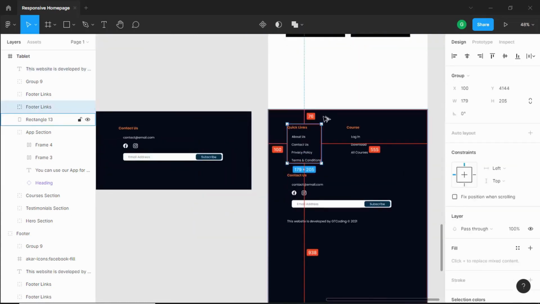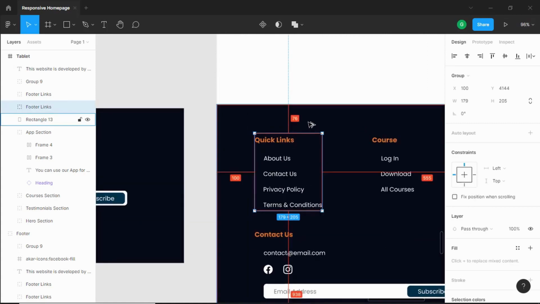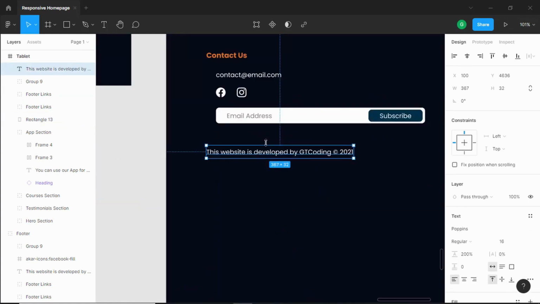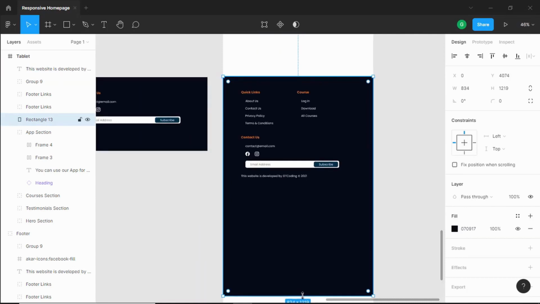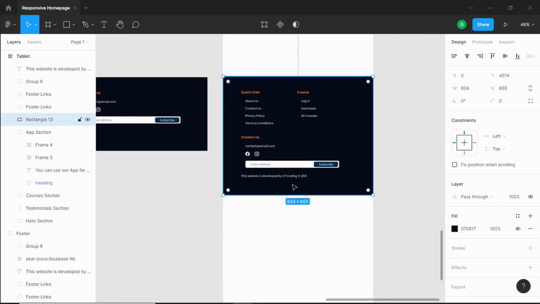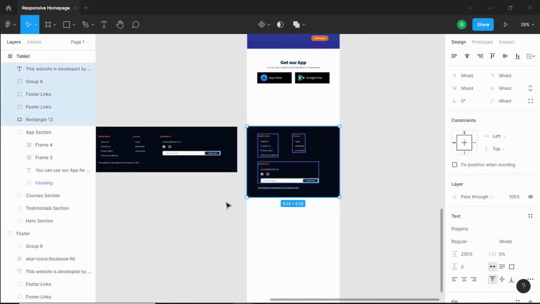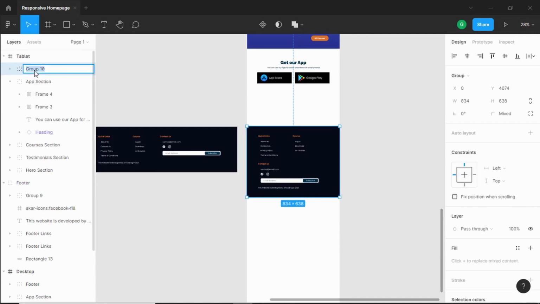And from the top we will have a spacing of 70 pixels. So I'll just move this rectangle to the bottom, and I think we can move this up a little bit. Right now let's decrease the height of this rectangle, and that looks alright. So let's select all of this, and let's group this, and we'll just name this footer,